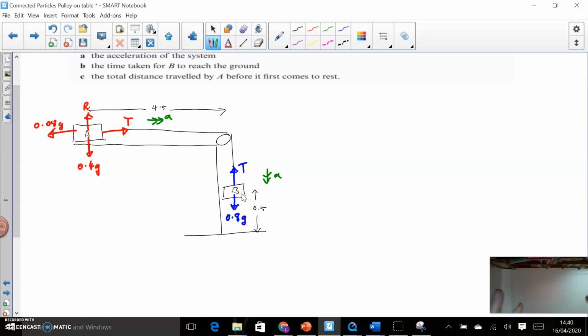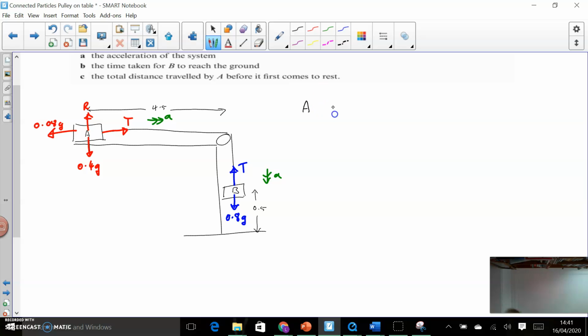This time it's not like two particles that are both travelling horizontally, where we can consider the whole system. Because the particles are not travelling in the same direction, we can't do that. They have the same magnitude of acceleration, but not the same direction. So we do have to consider both particles separately. So let's go for A first of all,